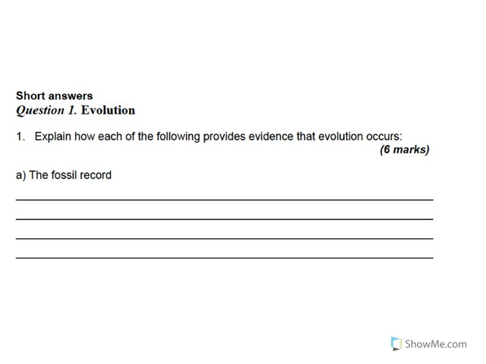Okay, so to answer this question well, you really need to explain the bit about how it provides evidence and understand what is meant by evolution. Most people did reasonably well on this, but there's a tendency just to say why the fossil record was important and what it tells us. But really you want to explain how the fossil record provides evidence that we see change in species